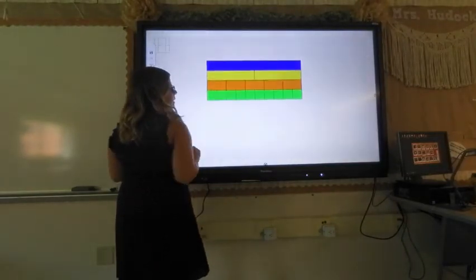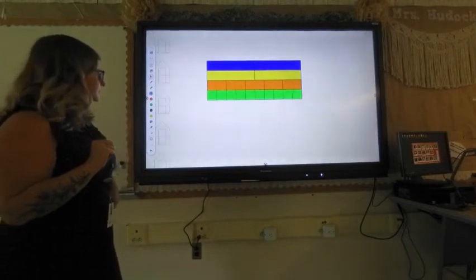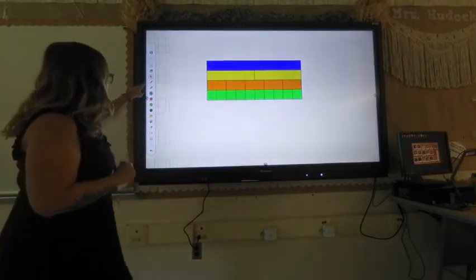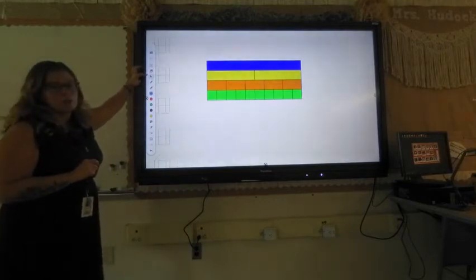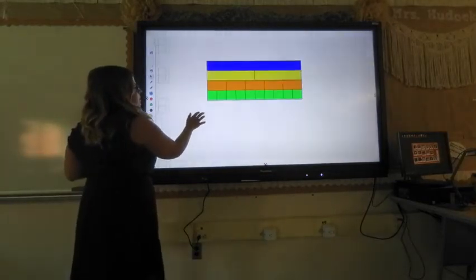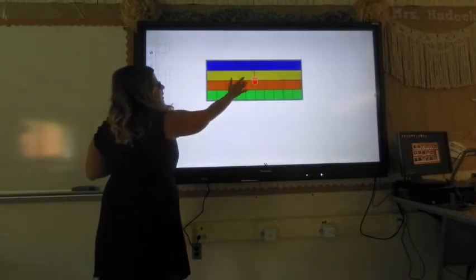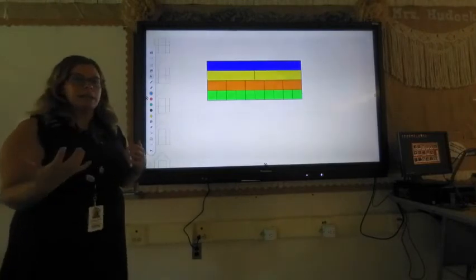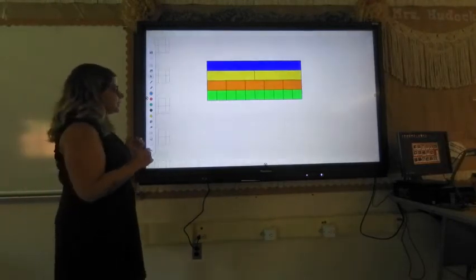so you can add in different pieces. In order to write, right now we're in cursor mode, so our mouse cursor, that's why I can click and move things around. If I wanted to delete it, I can click it and hit that trash can. If I want to start annotating things on that whiteboard space,